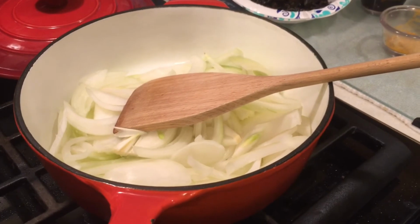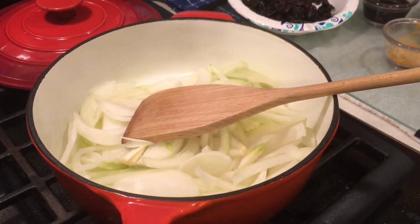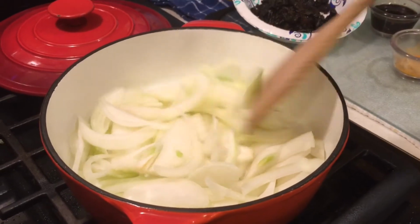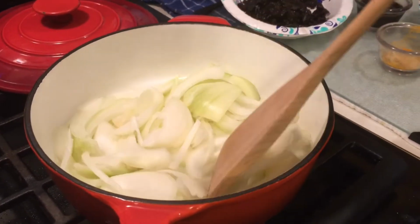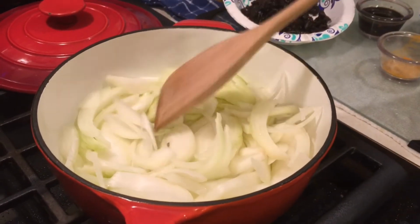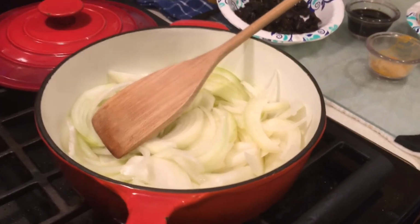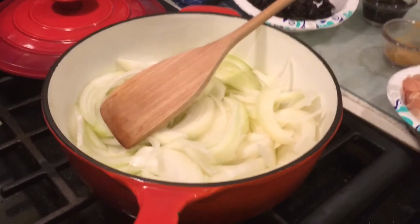Anyways, so what I have there is one large onion. The recipe called for 2 onions, but I figured this is plenty between the two of us. And it's a very strong onion, too. It's a yellow Spanish onion. And then I also have...